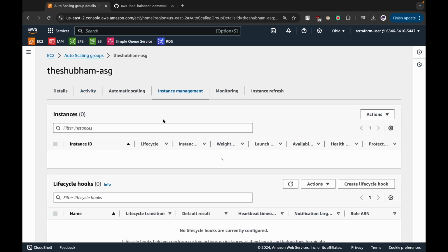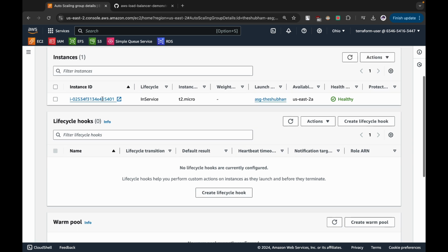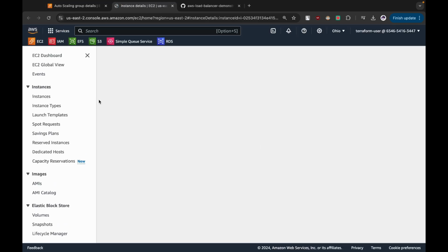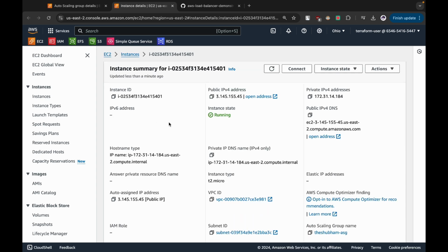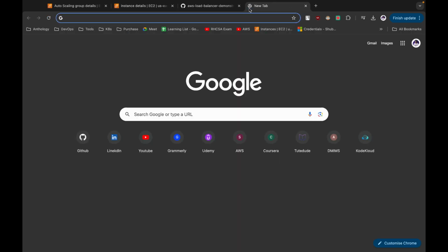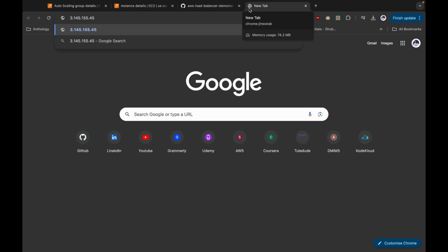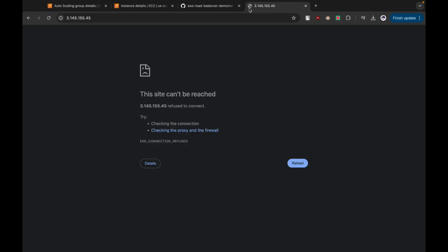And here, if you go to instance management, you can see there is one instance which it is going to create. Now when I click over the instance ID, it will take me to the AWS instance, and you can actually see that the instance is up and running. Now let me just copy the IP address and check whether the instance template which we copied is actually working or not. http://